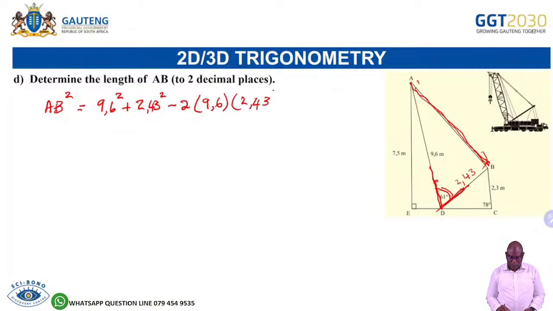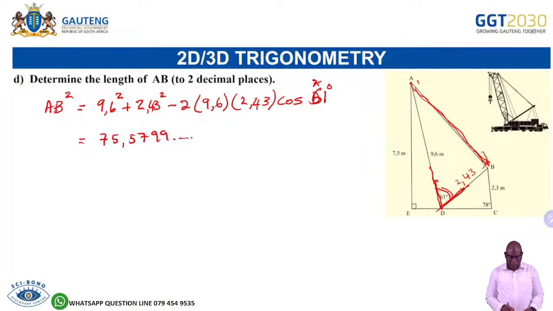2,43 squared. Then the cos of A, or cos of D in this case. Now, because the D is opposite the AB that I'm looking for. So now I can use my calculator, and the cos of D there will be 61 degrees. Because I've already substituted everything, I use my calculator there, so it's